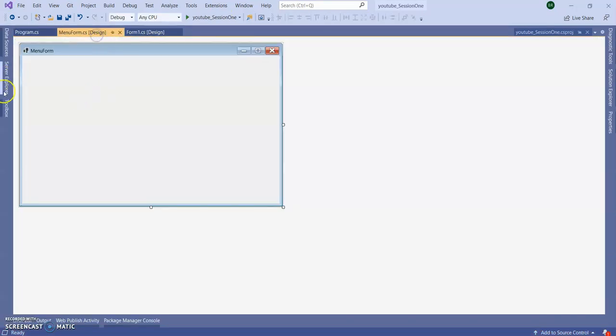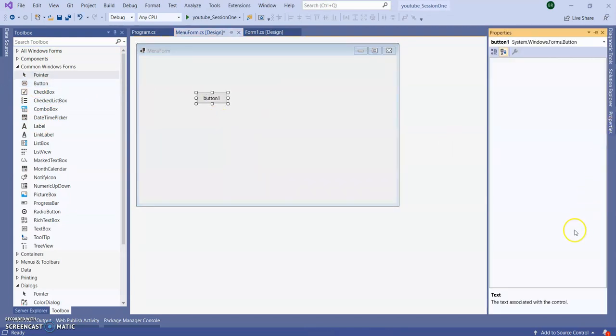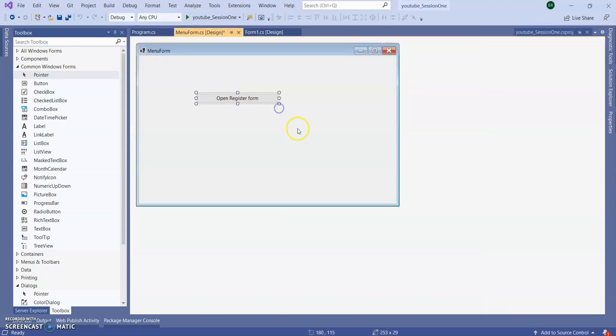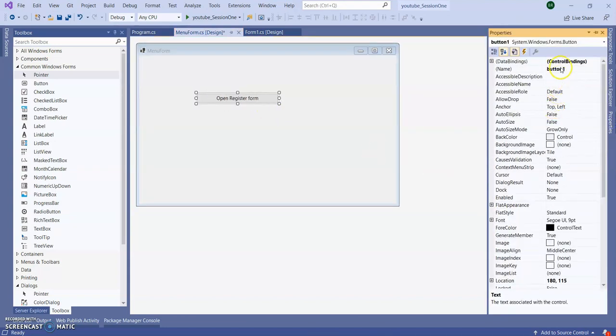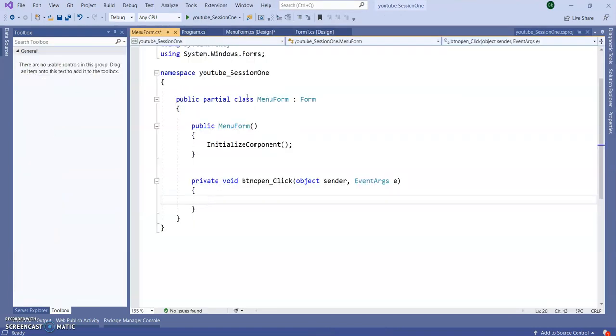In this menu form, I am going to add one button to call our older or existing Form1. For this, I'm going to the toolbox. I'm going to add one more button here. Let's say, open register form. Okay, give the name here, btnOpen. So just double click on the button to get the click event.